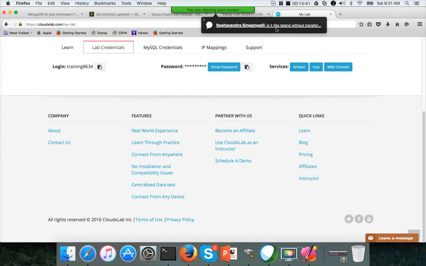That is correct. It is like Talend without transformations. But Talend might not use MapReduce to process the data. It will use its own Talend server. It is a very good question. Let's recap towards the end of the course. I will explain in detail the difference between traditional ETL tools and Hadoop based tools. The main difference is that traditional ETL tools need not be MapReduce based, whereas all these Hadoop based tools such as Sqoop or Hive are primarily MapReduce based.